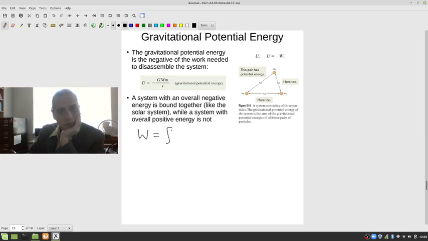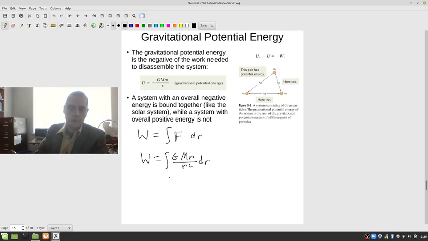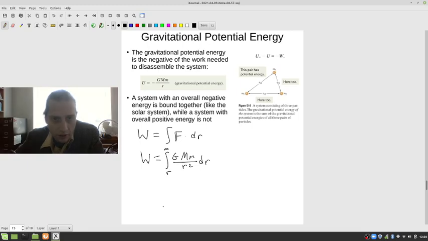Well, work is force times distance. So force times, in this case, dr. And the force would have the shape of Newton's law of universal gravitation. So m1, m2 over r squared dr. And let's say we wanted to bring this thing out to infinity. Okay? How much work would I have to put in? Well, it would have to be,